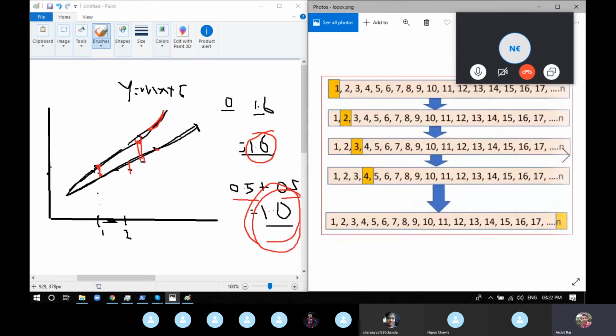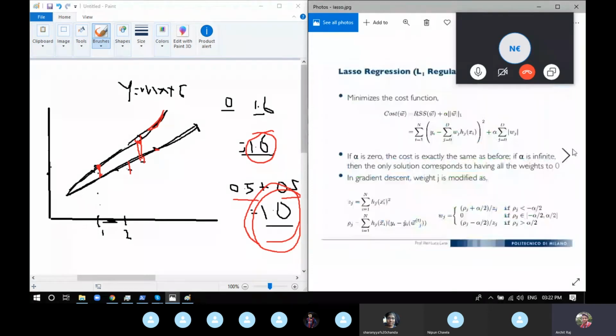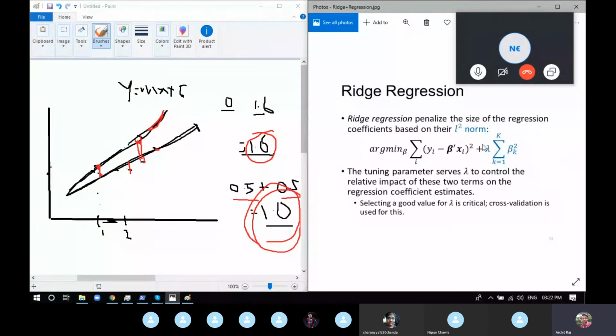So I guess you understood about ridge and lasso. The only thing which I haven't told you about is the value of alpha, like how you exactly find out the value of alpha. Now there is no hard written rule for how you exactly find the value of alpha. Most of the time it's a smaller number. Sometimes it can be a really big number, because alpha can range from 0 till infinity. Any number is possible for alpha. To find out the best value of alpha, we use a particular function in Python known as grid search. And when we get to the code part, I'll show you what grid search is.